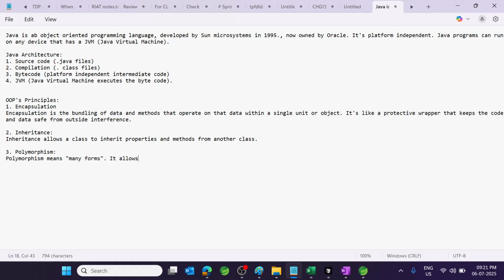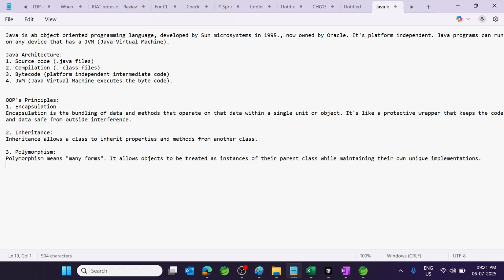It allows objects to be treated as instances of the parent class while maintaining their own unique implementations.